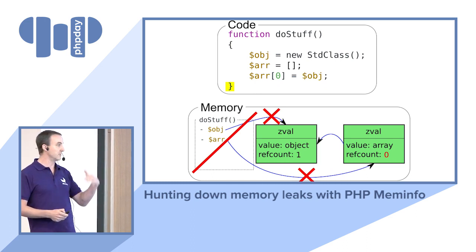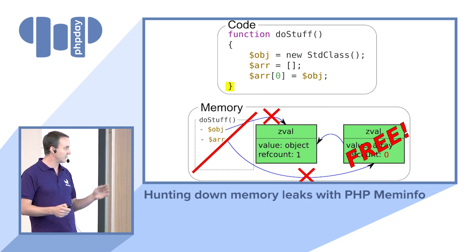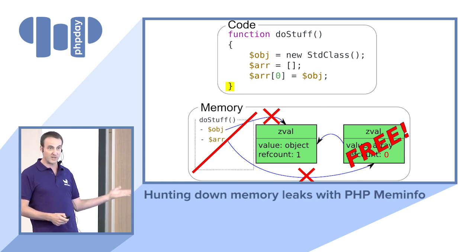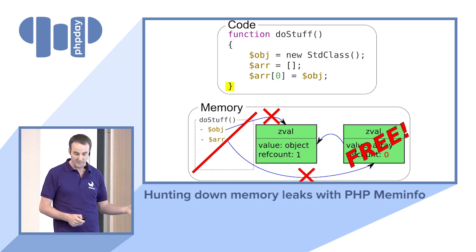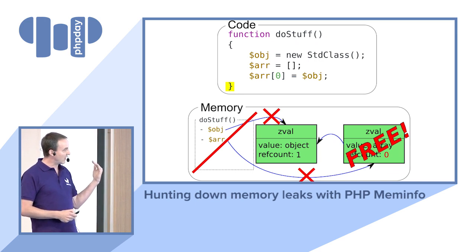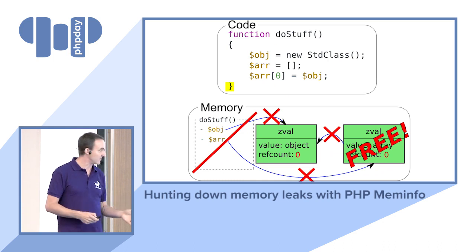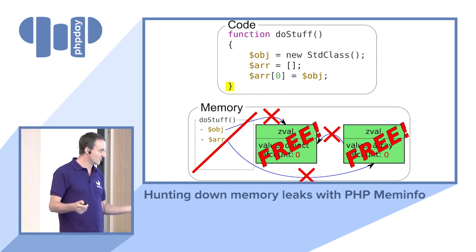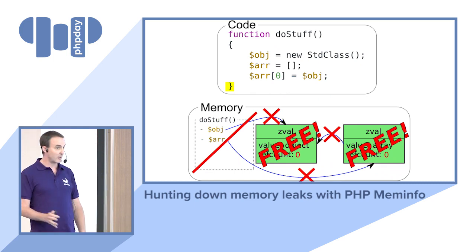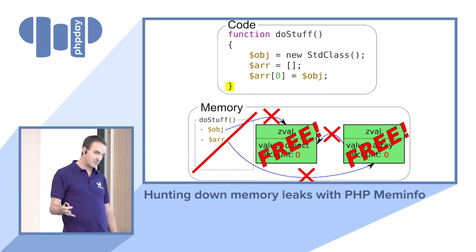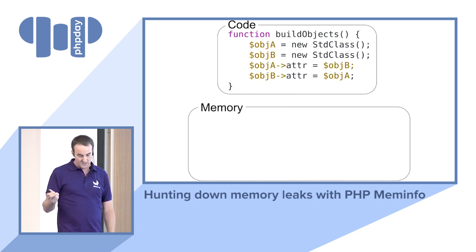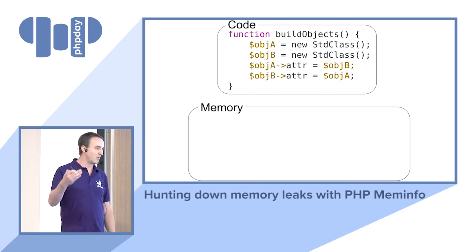And the ref counter, when it sees a zval at 0, removes it from memory. So this zval has been released from memory. So it means that now I don't have any more references pointing to my object. It reaches 0 by itself, so what happens? It gets removed from memory. That's cool. The ref counter works pretty well in most cases. There's one case where the ref counter doesn't work properly.